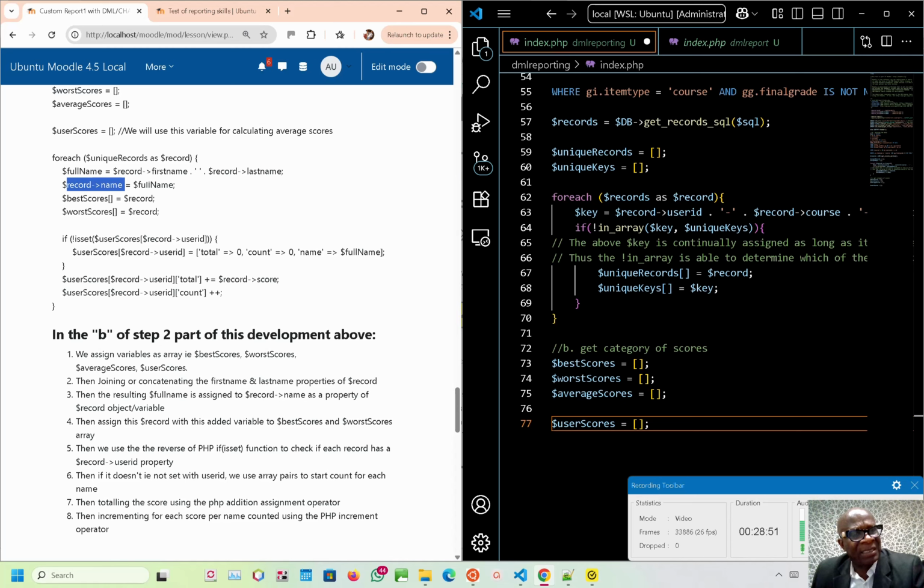Which means it's everything that is assigned here until we determine what is what inside of the record, which we're going to do next. Say if it is not set. This isset is a PHP keyword which is used in functions. So if it is not set, in other words, whenever you see the exclamation sign, that means not. So if it is not set, user scores